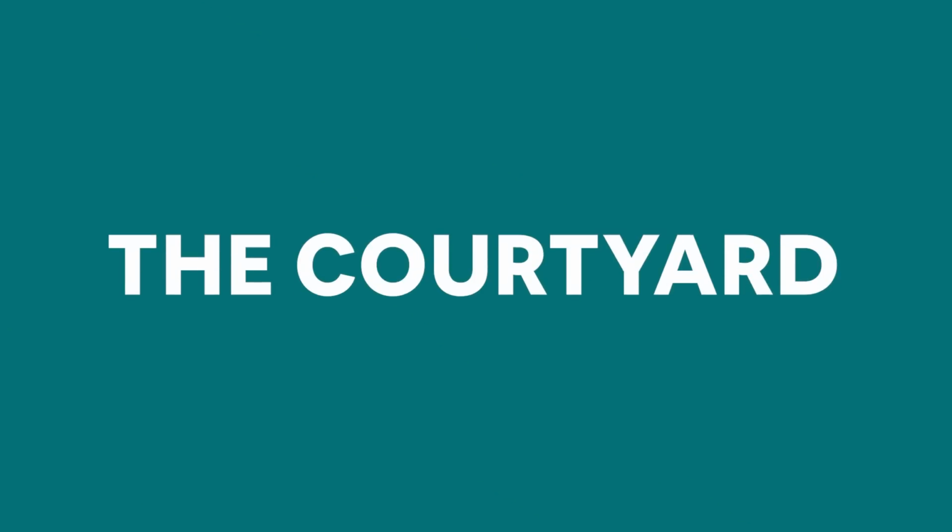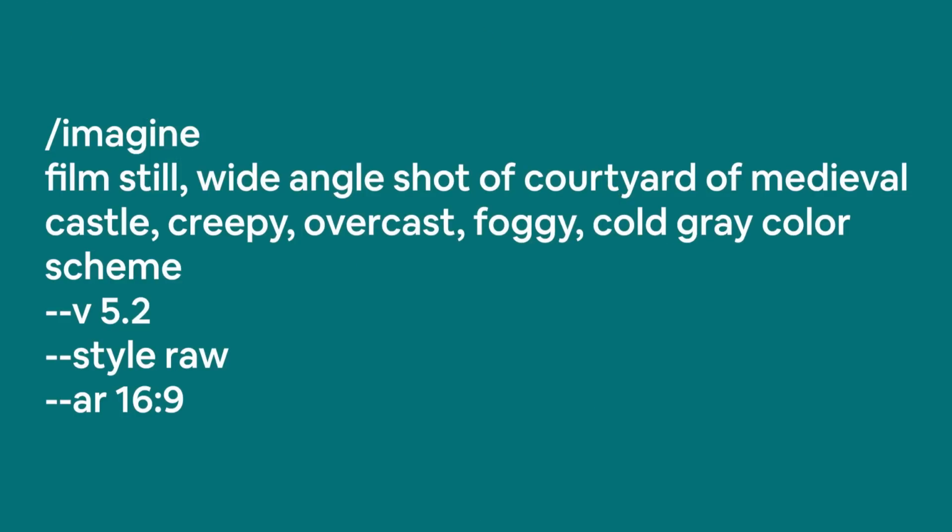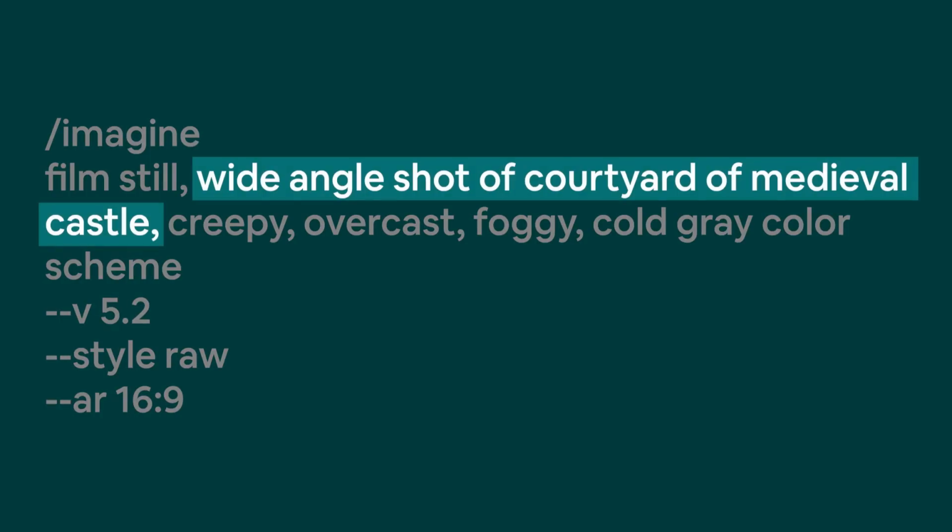So now that we've covered the outside of our castle, let's move to the courtyard. So this is where things get a little bit easier. I started off with a simple prompt using my stylistic template. Imagine film still, wide angle shot of courtyard of medieval castle, creepy overcast, foggy, cold gray color scheme. As you can see, the only thing that I changed here was the subject, and this produced the following image